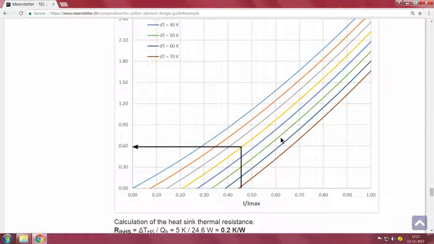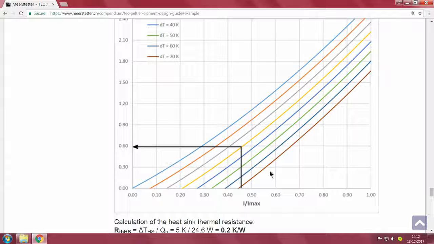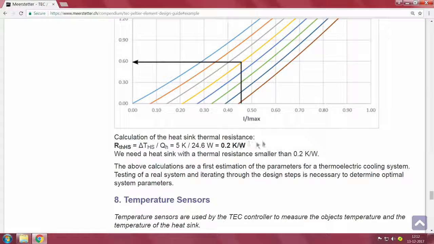And you see here, usually heat rejected versus current, again we have all this saying the heat sink thermal resistance should be approximately 0.2 degree K per watt. We need a heat sink with thermal resistance smaller than 0.2 degrees K per watt, which is tough, it is not easy. Normally we come to things which are 1 or 2 degrees centigrade per watt. So, hence we will be forced to